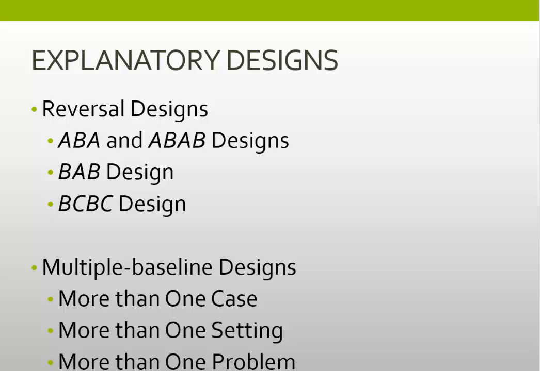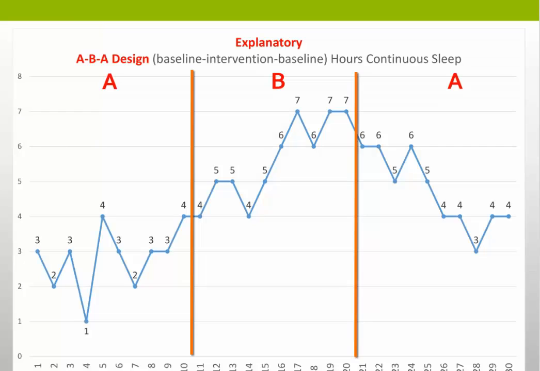And if you measure more than one problem, then you can see how the intervention affects one problem compared to another. So many times people don't simply just have one issue they're dealing with, they might have multiple issues they're dealing with. So an example of an ABA design is shown on this slide, and we see that A shows us